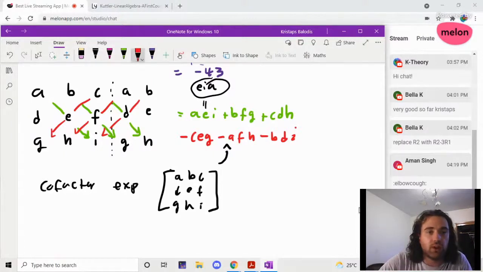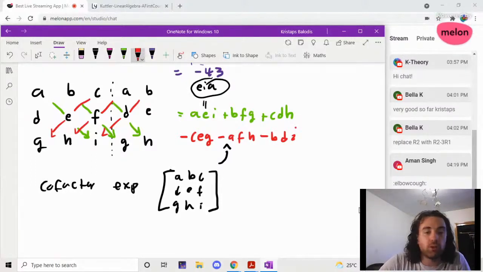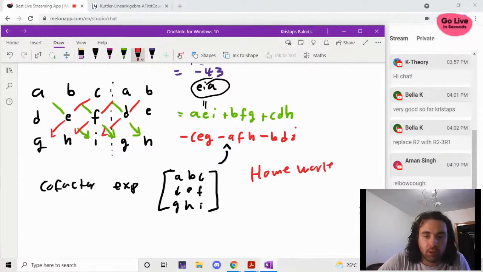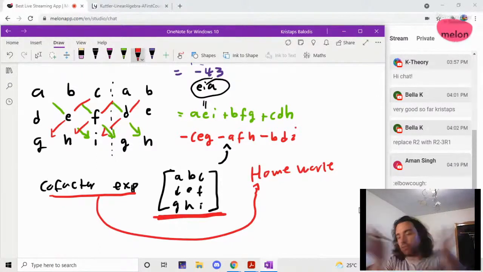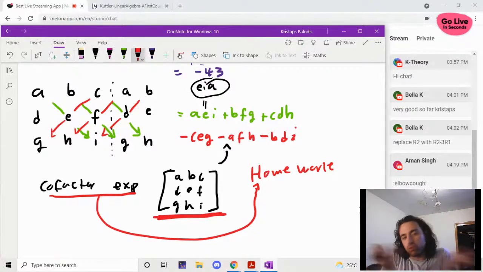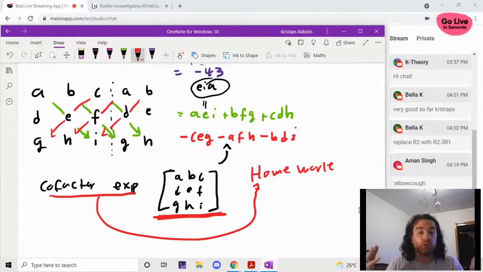So in fact, we're nearing the end of the hour here. If anyone has some questions, feel free to ask. But here's another good piece of homework: do this cofactor expansion with this matrix with these arbitrary variables. There's nothing else you have to do differently. We're just pretending that these are numbers, just name holders for numbers. So you just pick any row you want